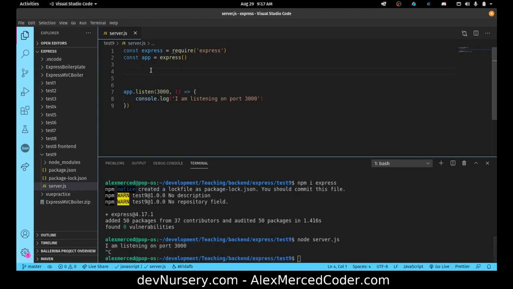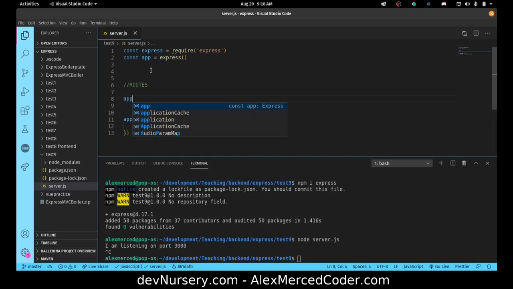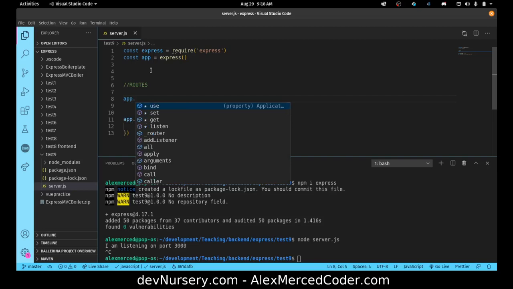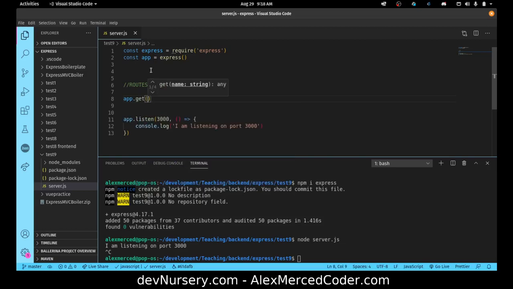So the way you do that is you create what's called a route. The simplest way to create a route is just to take our app object and then do dot the verb we're going to use. In this case, whenever you put a URL in the browser, it's always a GET request. So I'm going to do app.get slash,